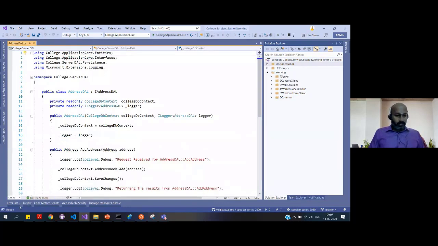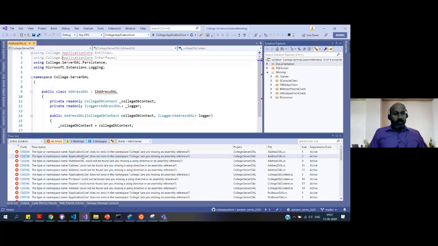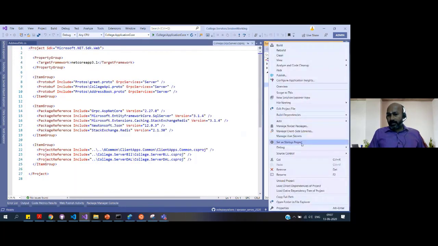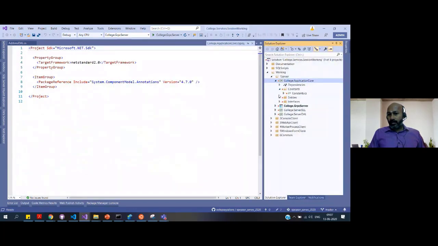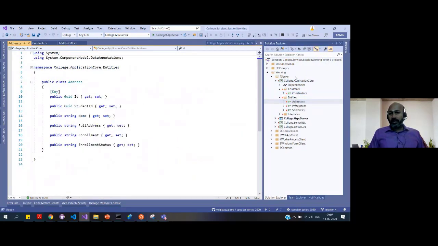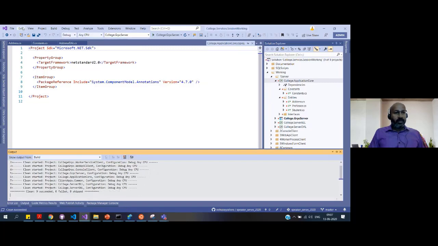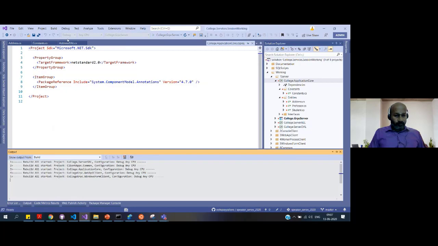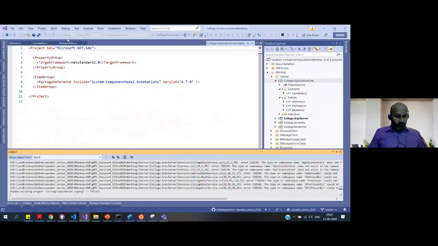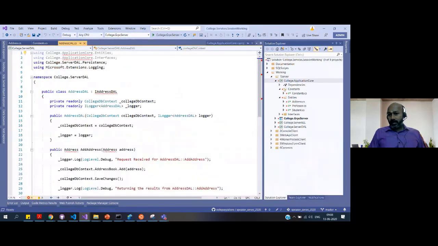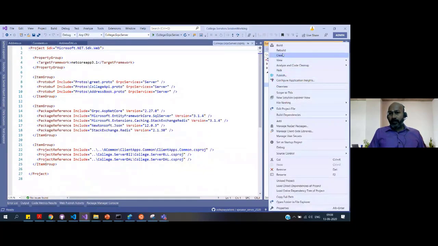Why? This shouldn't fail. Knowledge application core entities. Sorry, this should be the startup class. Why is this failing? We have entities, everything is here. Let me clean and rebuild. I don't see any reason why it should fail. Which one is failing? Let me check that. If I build this,